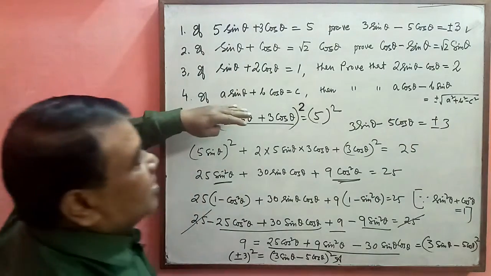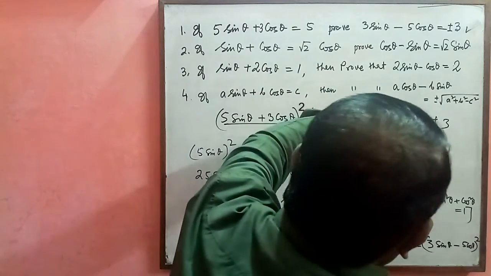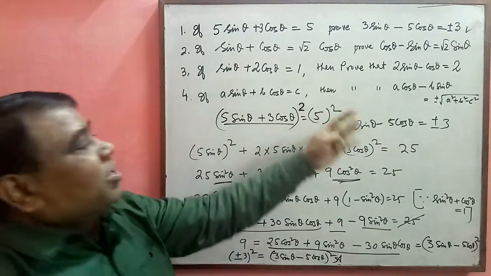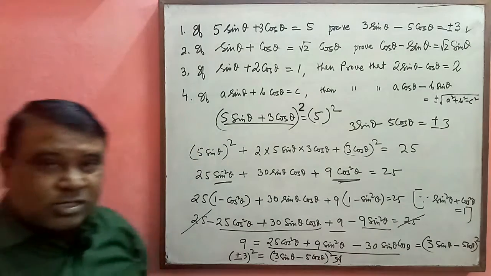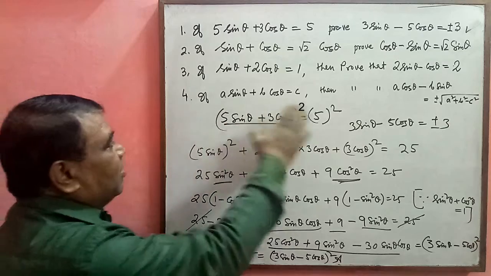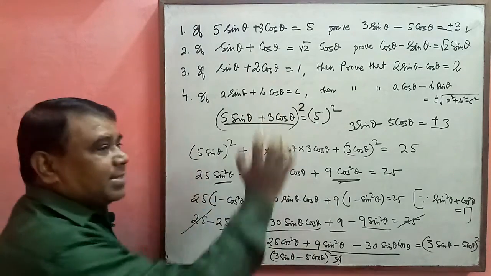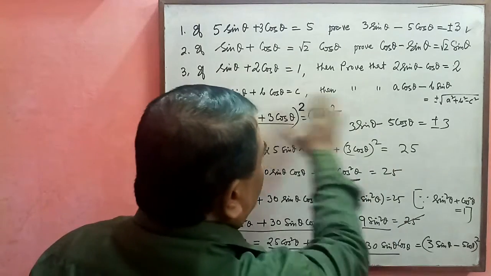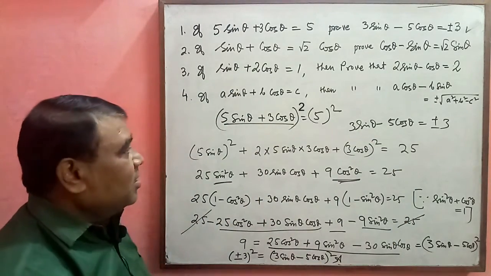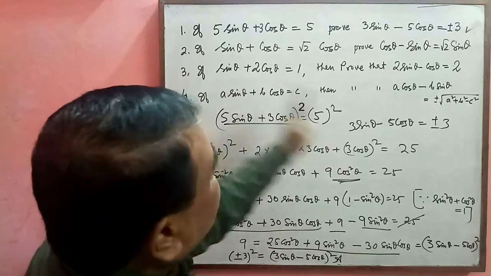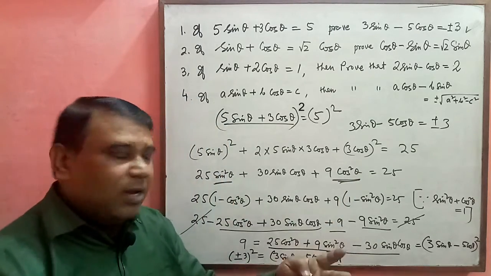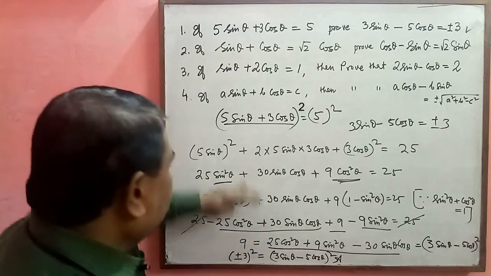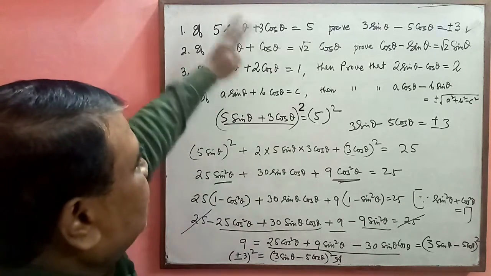Even though it looks very difficult because here we do not have any numerical term, only algebraic terms, we don't bother about this. You just keep continuing with this method. Square both the sides. Change sine square into 1 minus cos square and cos square into 1 minus sine square, and don't do anything else. Then you just simplify. You just take the other side, it will be another whole square. If it is plus, that will be negative, minus whole square. Then you will reach this. This is the solution of all these 4 questions.